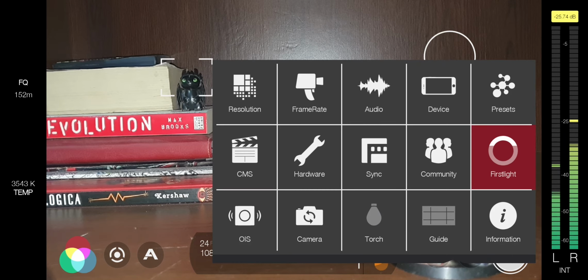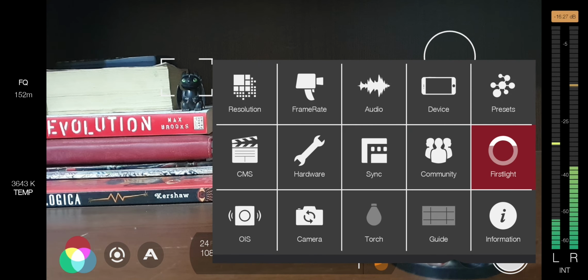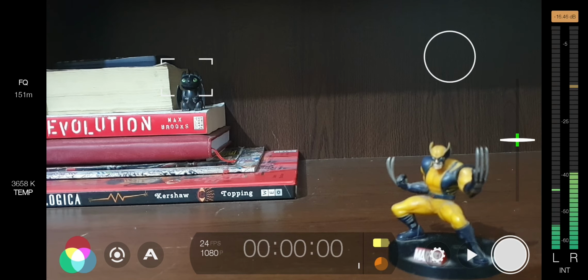I'm going to turn it off. And lastly, there is this guide which will help you to place your shot more beautifully. So I'm turning that off too. Now press on the outside, and you will go back to the normal interface.